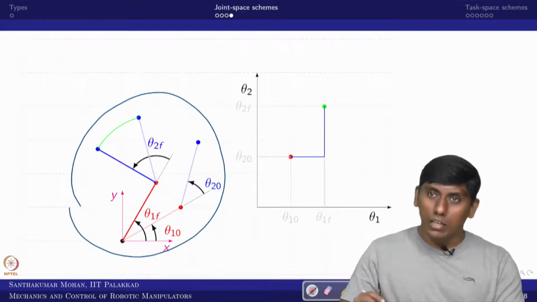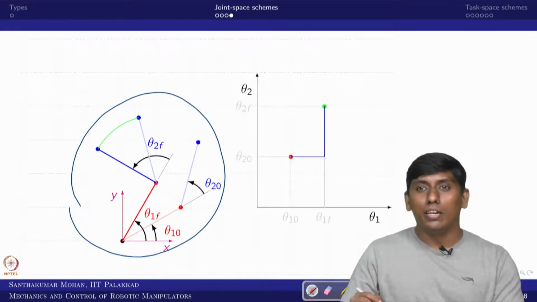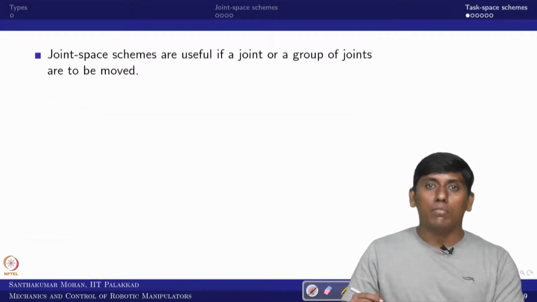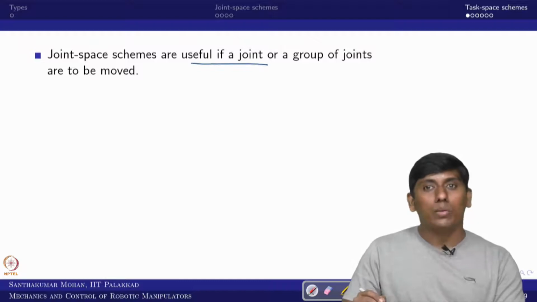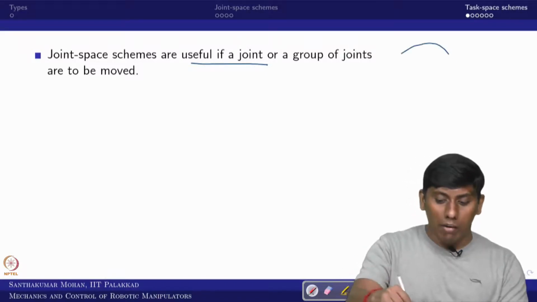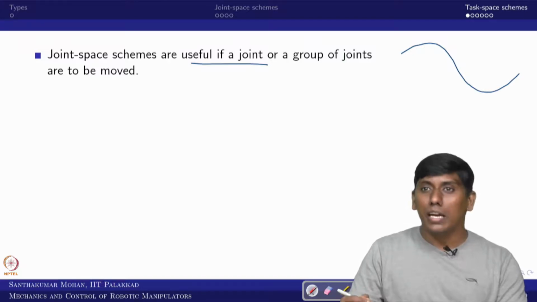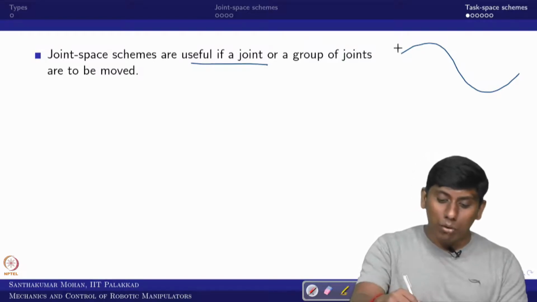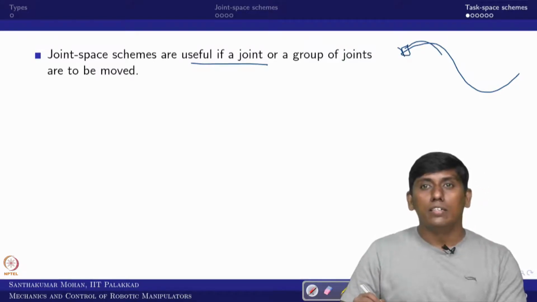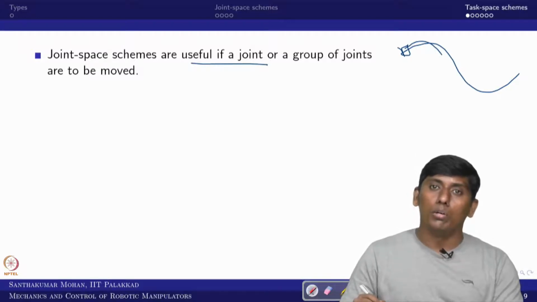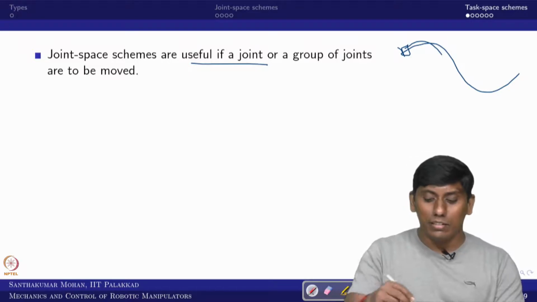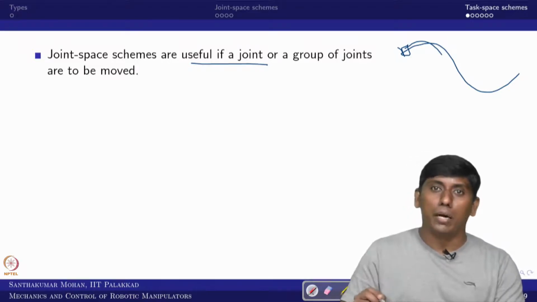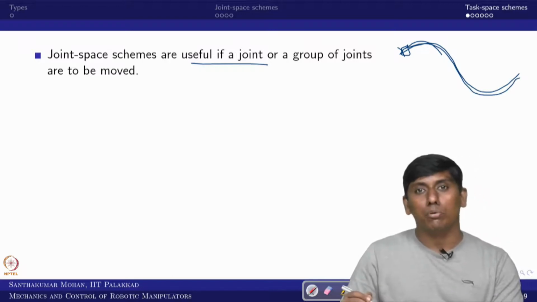When we come to the task space scheme, which is a little peculiar, the joint space schemes are useful as long as you are using direct configuration space control. But think about something like seam tracking, line following, or curve following. You need to see how your end effector is following, so you are bound to follow the task space trajectory. In the sense, the end effector profile needs to follow a given path. Now this trajectory you need to generate smoothly enough.